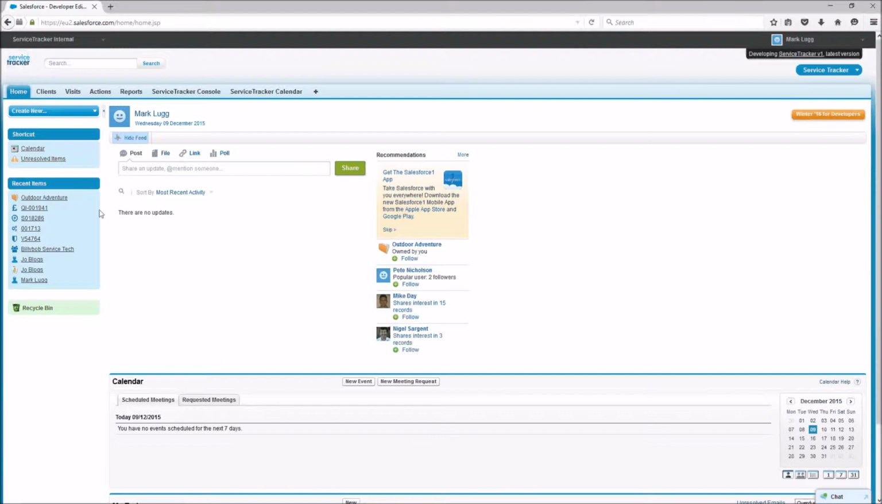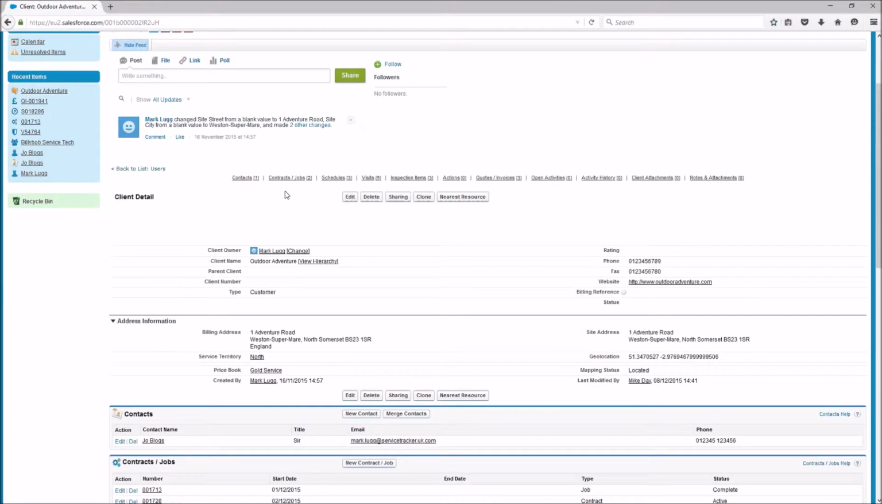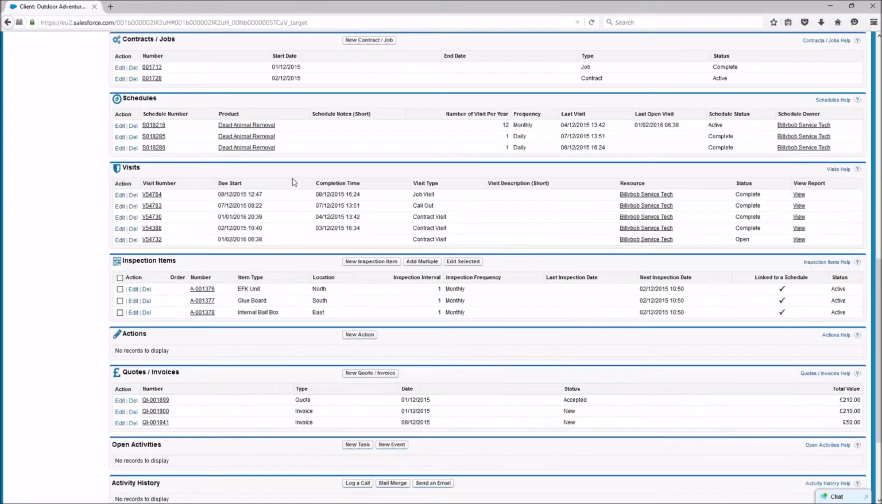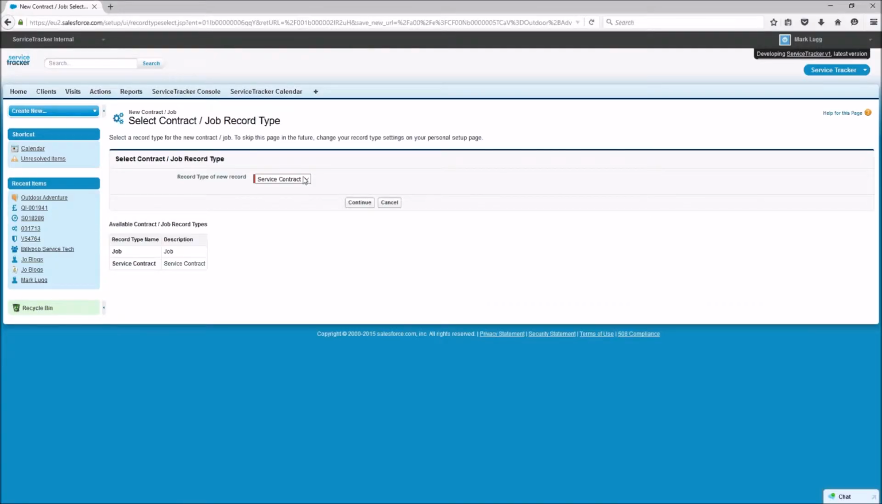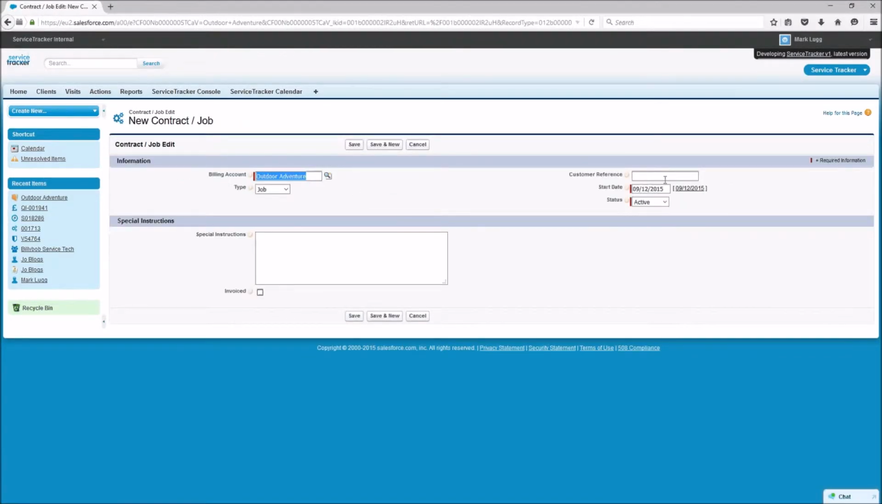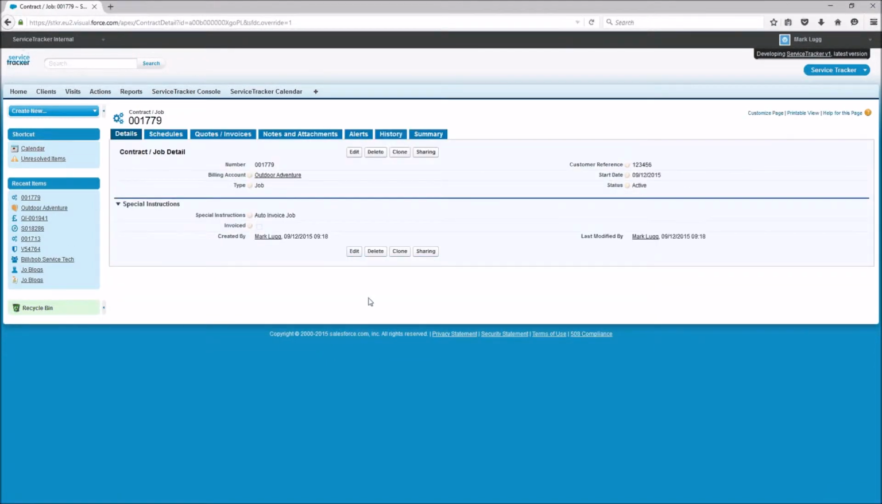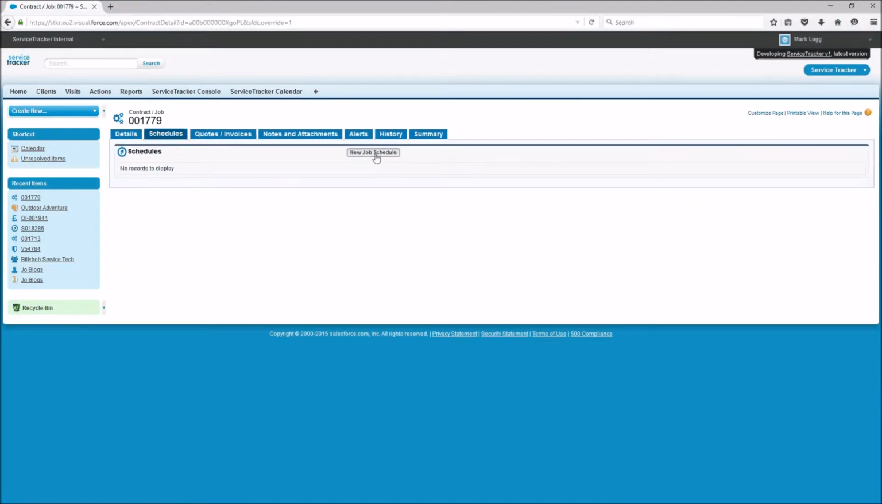So what I'm going to do is open up our favorite client, Outdoor Adventure, and create a new contract. But the contract I'm going to create is just a job. Okay, so we've created the job and we now need to create the schedule, and this is where the invoice is generated from. It's all from the schedule. So we're going to create a new job schedule